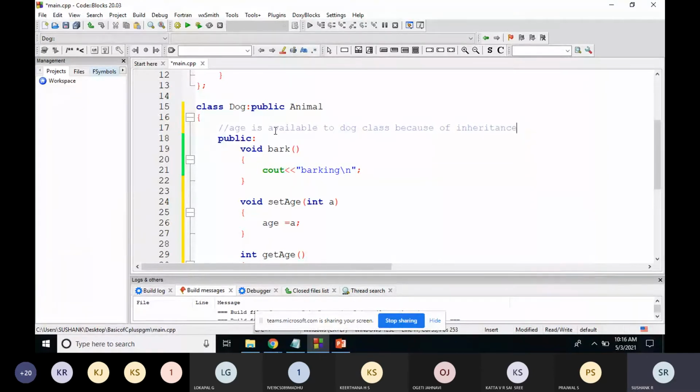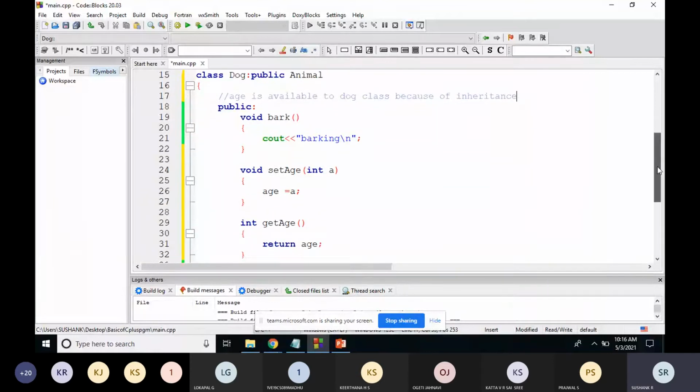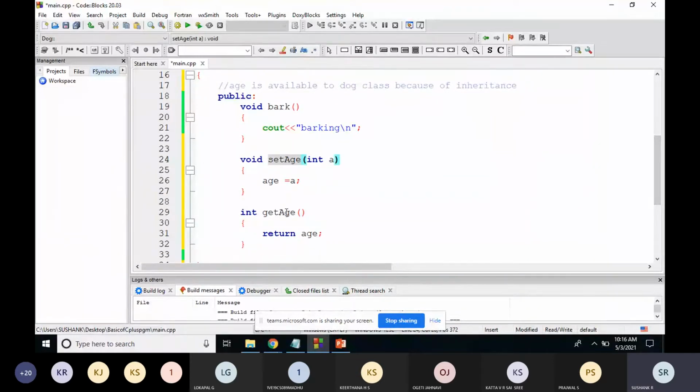So now I am using the setAge method and getAge method to give a value to the age variable and to retrieve that value.